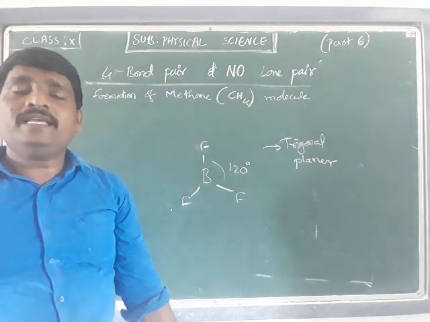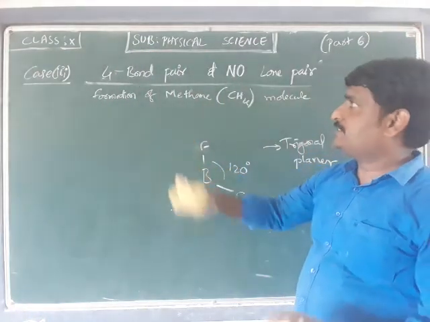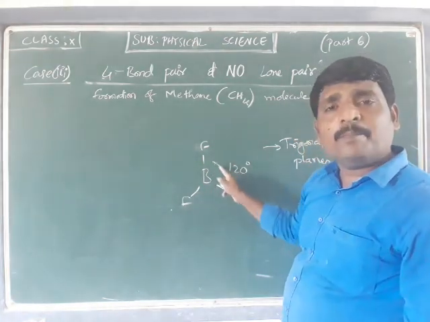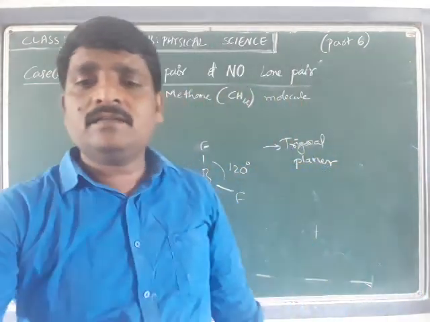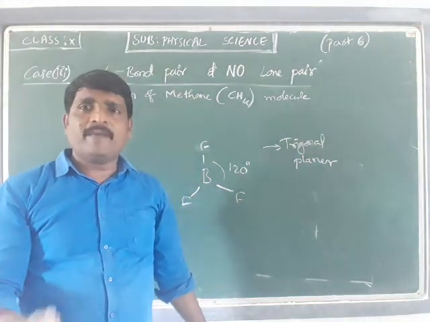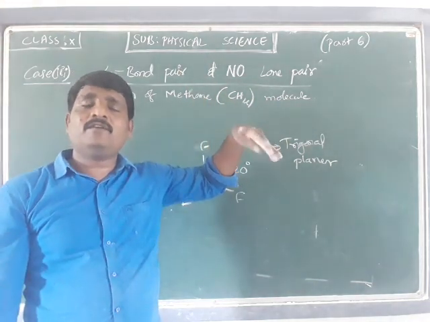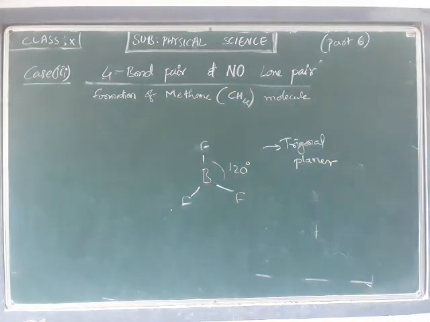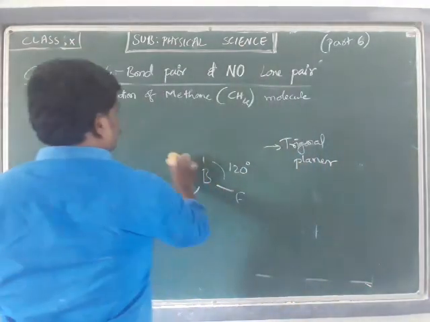So the shape of the molecule is trigonal planar for boron trifluoride. In the last case, the case 2, we are talking about the bond angle. The repulsion between the bond pair electrons should attain the maximum, they should repel each other such that they attain the maximum bond angle. In the first case, as there are 2 electrons, they separate to attain the maximum bond angle of 180 degrees. Here, as there are 3 bond pair electrons, they separate to attain 120 degrees.